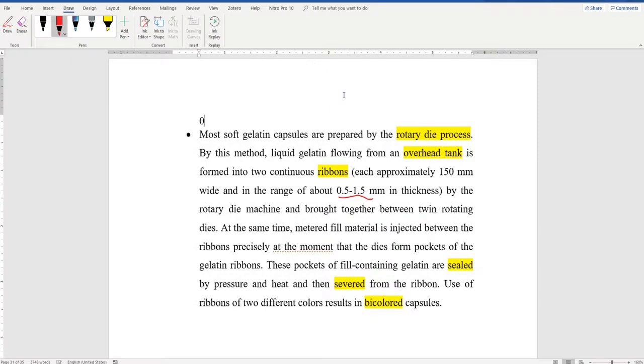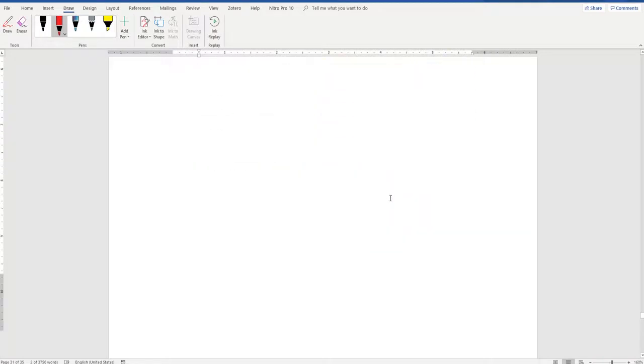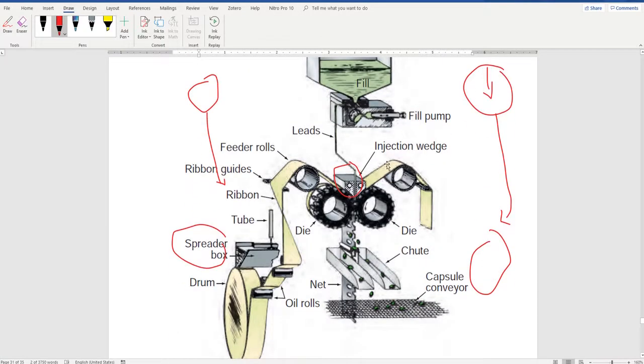0.1 millimeter. Maybe I did not say this in hard gelatin capsule, but you must know it. فقارنوا 0.1 بإيش 0.5 to 1.5 millimeter. This means that the thickness of soft gelatin capsules is actually about 10 times the thickness of hard gelatin capsule shells. طيب, نرجع. When the ribbon come to this part اللي هو فيه الداي هون, and this comes to this part that contains,